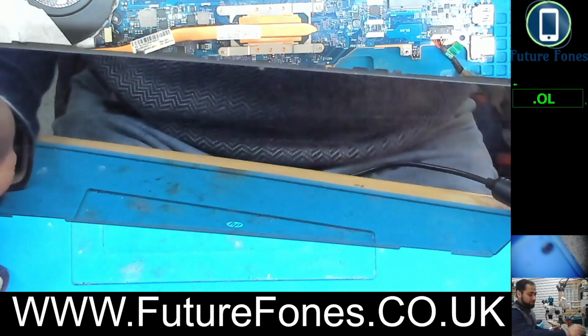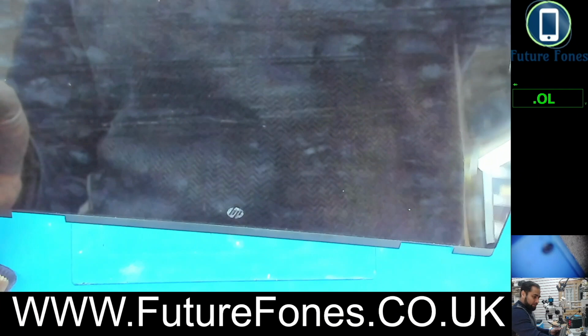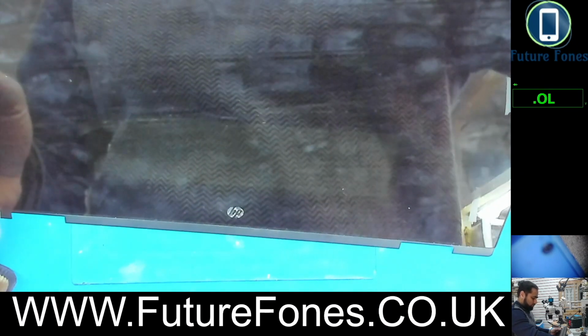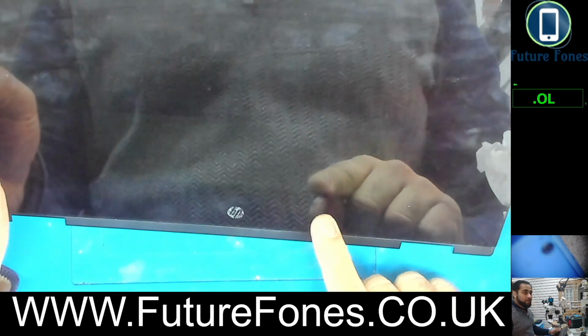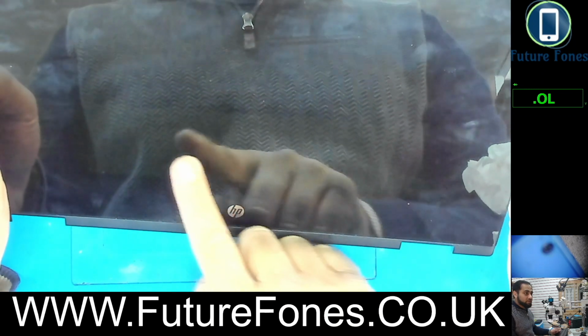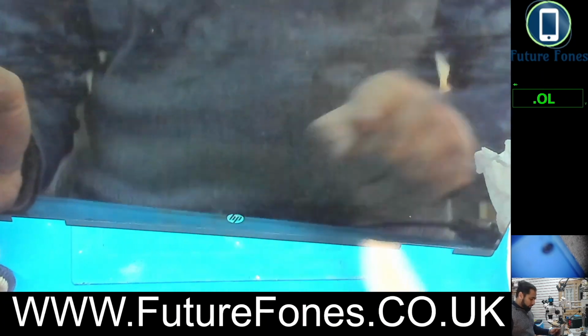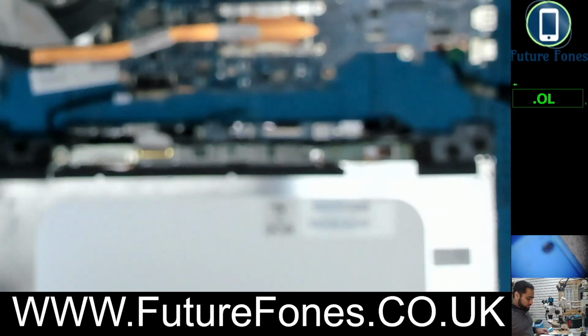Let's clean this LCD a little bit, because when it's clean, then you can see the display. Yeah, so I can see some display here. You can see there is some sort of keyboard showing here, but we do not have a backlight. Okay,